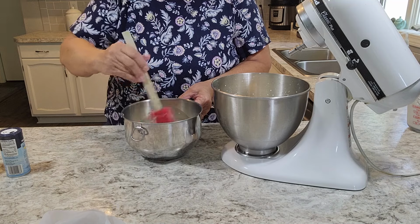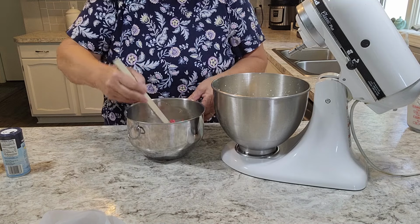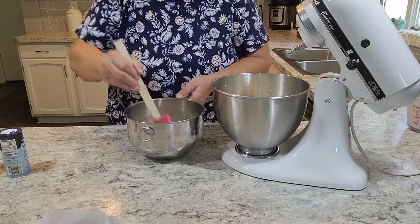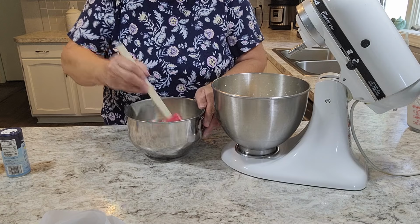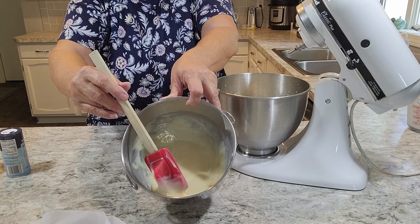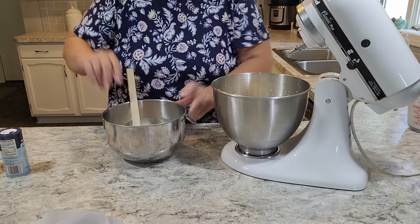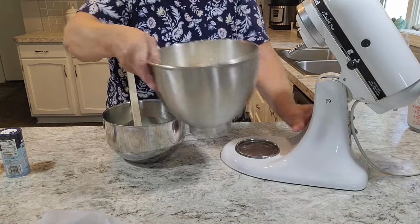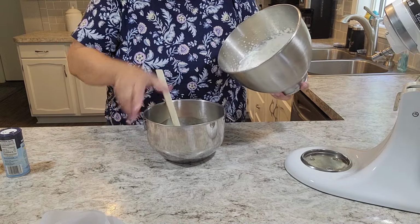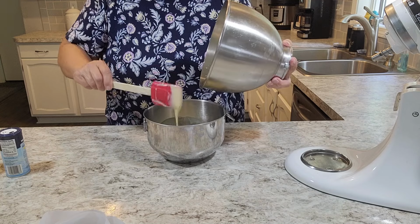What I love about this recipe is that you can add so many different flavorings that the choices are endless, actually. Okay. So I have that all mixed together, and then we will take our heavy cream and we'll fold it into